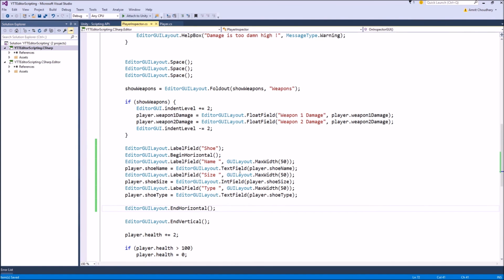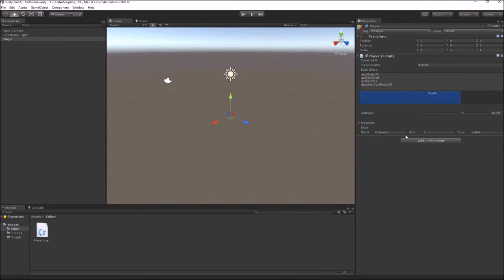So what I have done is given the formatting option of GUILayout.MaxWidth, which controls the maximum length that it can expand. So I have limited all the labels. My fields are free to expand, and in this way I have compacted these three variables into a single line so that it is easy to look at and easy to modify.